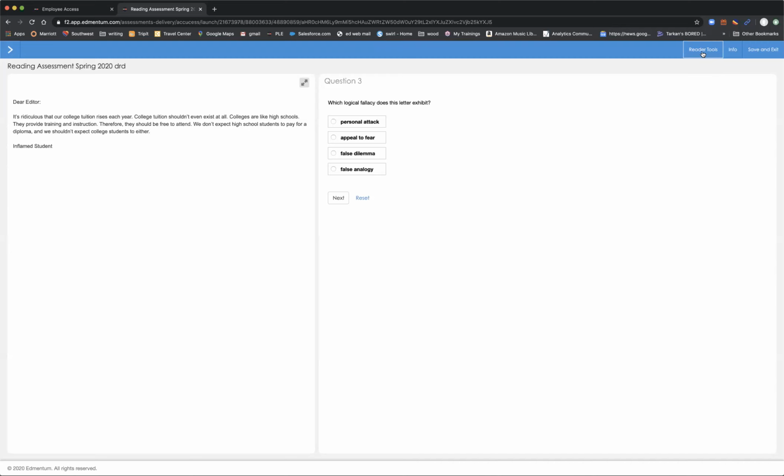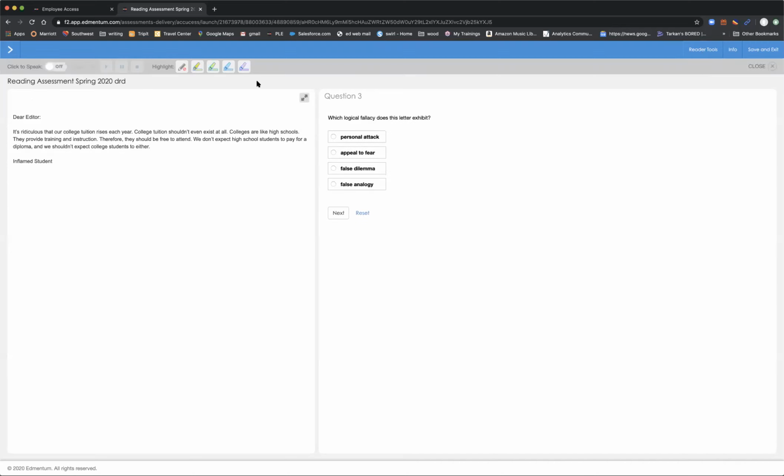Well, there are some reader tools up here, but there's no dictionary for you, unfortunately. This is a reading test, and we don't want to give away this. We want to see how you can best interpret what's going on here in this reading passage. Now, what this can help you with is if you need some help reading this, you can come up here